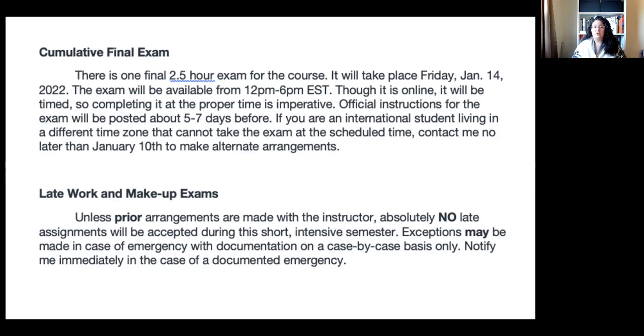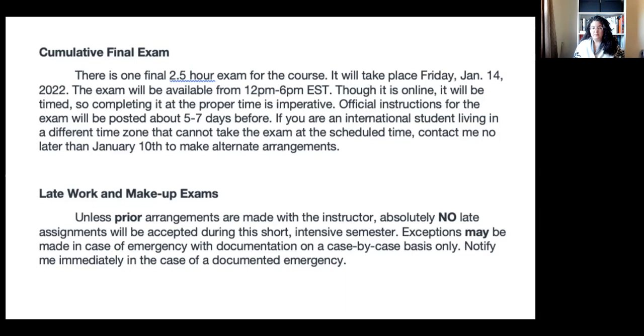So it is timed, so completing it at the proper time is imperative. If you don't start it until 5 o'clock, the system will automatically boot you at 6 p.m. So make sure that you really prepare in advance for this. There will be instructions and study guides. We'll talk about it a little bit more 5 to 7 days before the exam, okay? And again, if you're an international student or you live in a different time zone and that exam time is really crazy for you, please contact me no later than January 10th so that we can make alternate